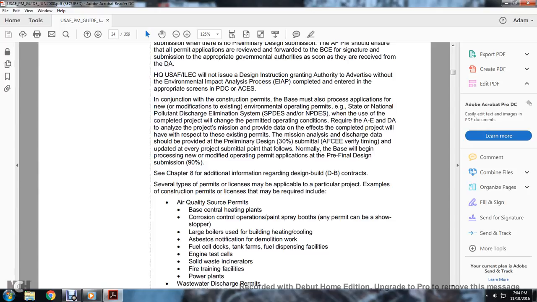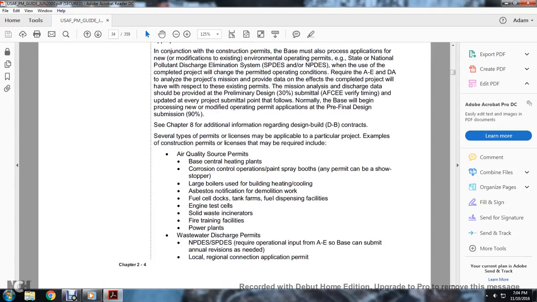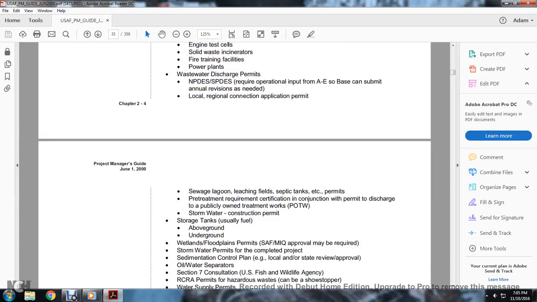Large boilers used for heating and cooling, asbestos notification for demolition work, fuel cells, docks, tank farms, fuel dispensing facilities, engineering test cells, solid waste incinerators, fire training facilities, power plants, water discharge plants, and the state or national pollutant discharge elimination system requirement. Operational input for the A&E, and so based on that, submit the annual revision as needed. Local regional connection and application permits: sewage lagoons, leaching fields, septic tanks, and accessory permits, treatment and